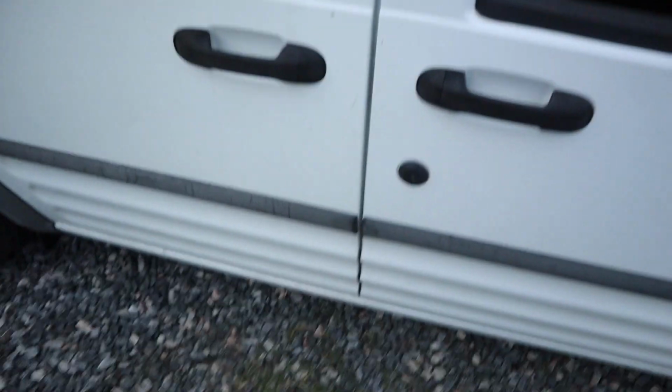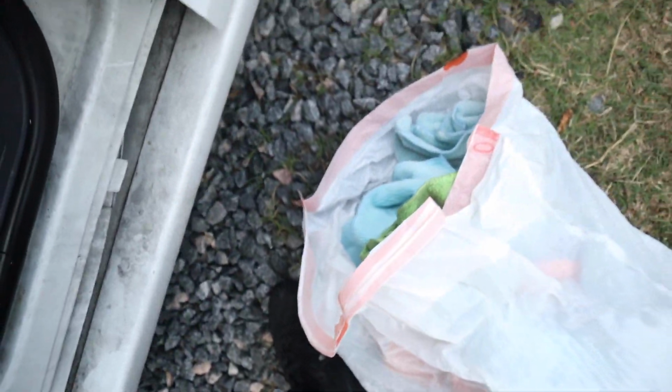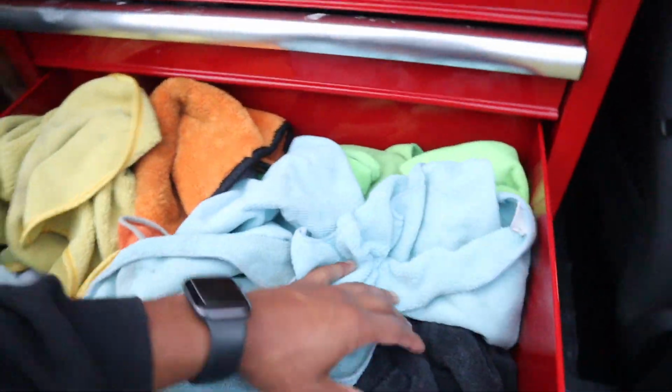So I'm gonna go ahead over here. I'm gonna focus on my towels first. So we put our dirty towels here, so everything here is dirty. So I'm gonna just go ahead and take that out and then put it in my garage with all the rest of the dirty towels. So while I'm here, I'm gonna also check how low we are with our regular towels. So it looks like we need some fresh towels in here for sure,